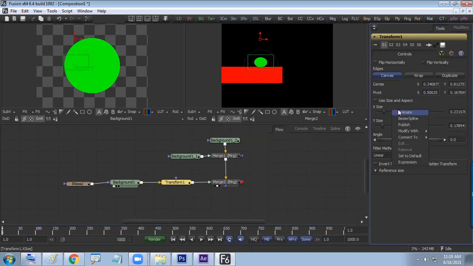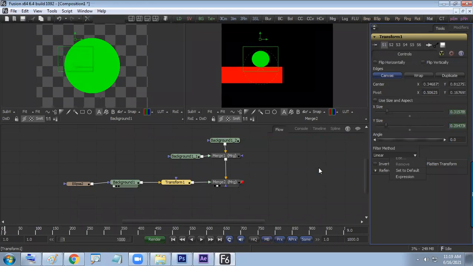Give a right click, switch the animation button on. Go to the next frames and make it stretch, then get it off. So hope we have understood now how to get it to stretch out.